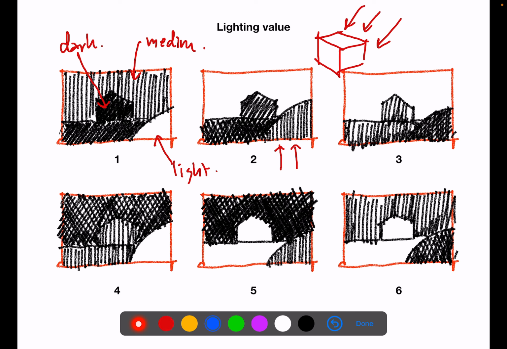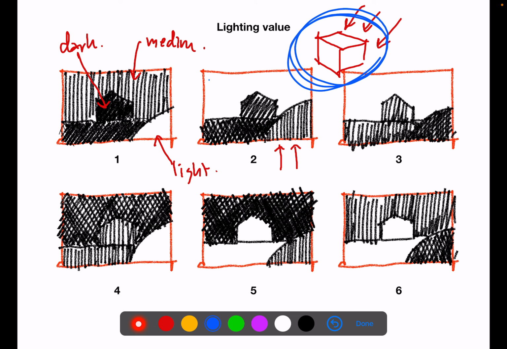Anyway, last week one of the students asked me a very good question: if the light is coming from some direction, but we're trying to achieve the lighting value that we want to make, how are we going to do it? Okay, I will wrap up and say that